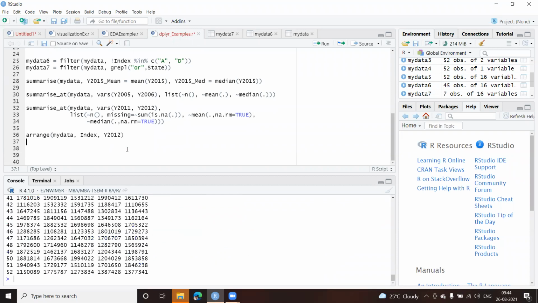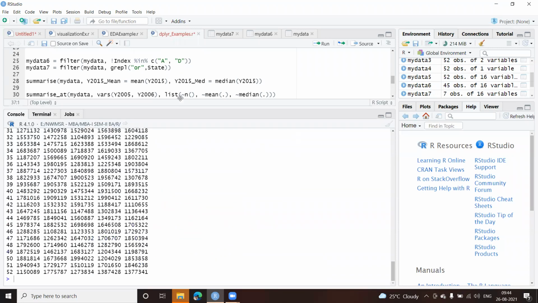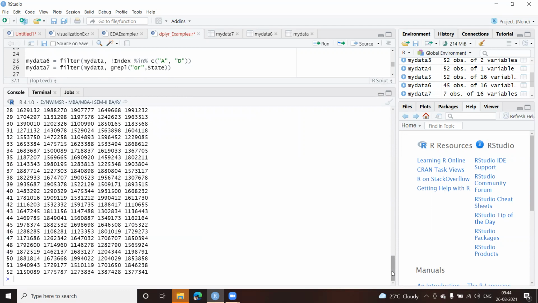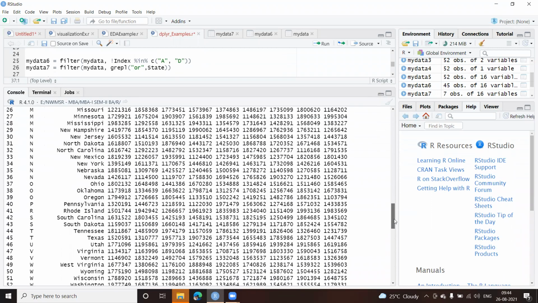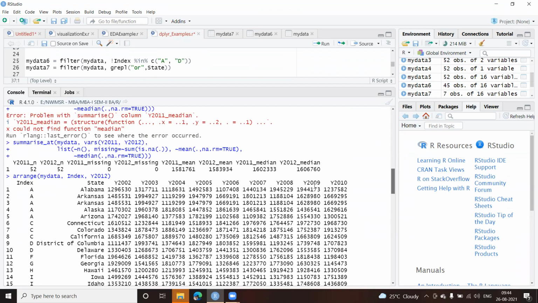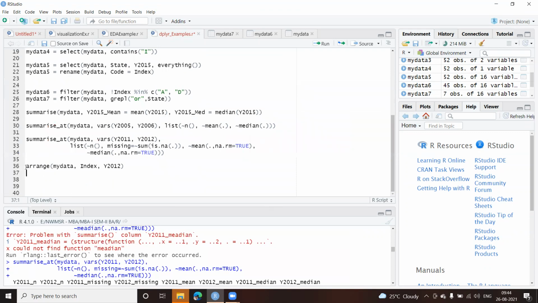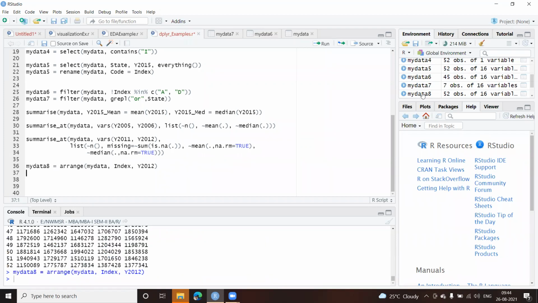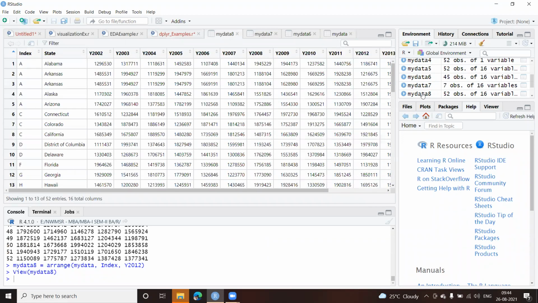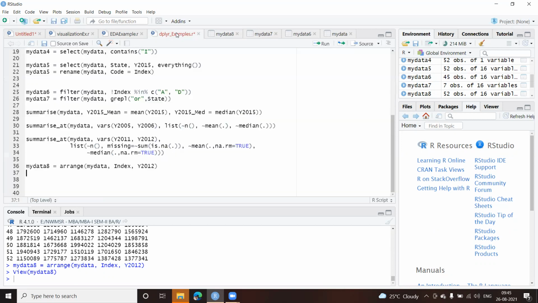Okay, if I run this one, here you can see I've got my records. I have not stored it anyway, I'm just displaying it. Let us store it because that will be easy for me to show. I'll just write here my data. What is the number which we did last? 7? So data8, and check is equal to. Let's run this one, and check out this. Because it is first sorted on index, let us do it in descending order so that you can see the difference.